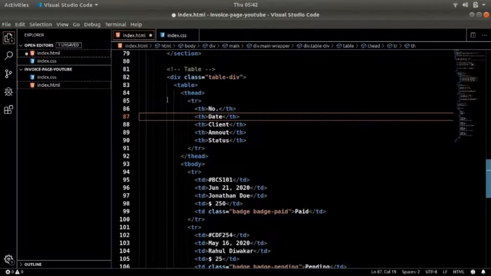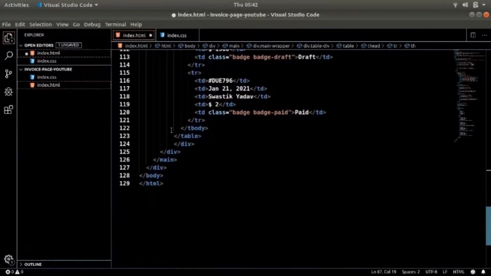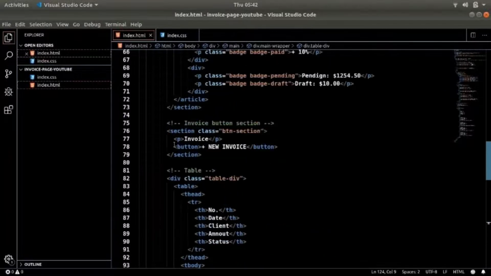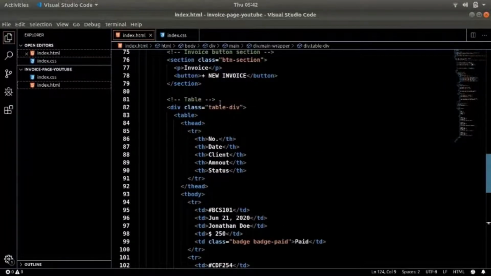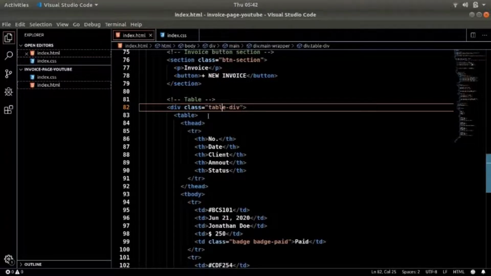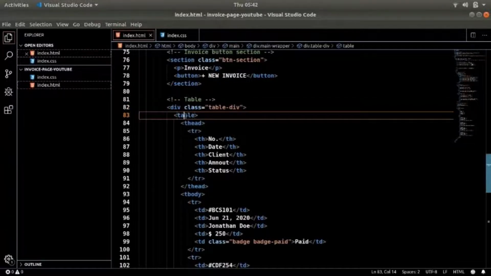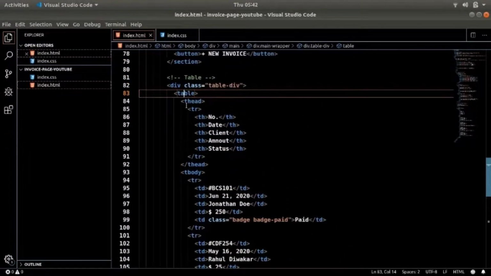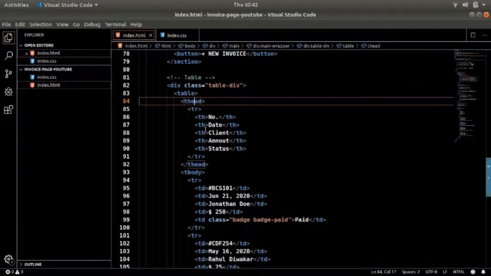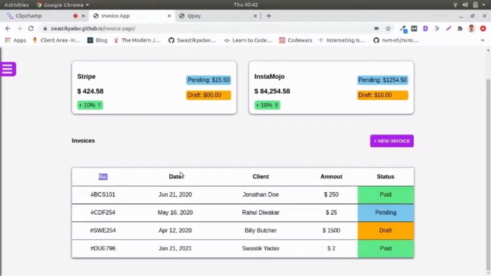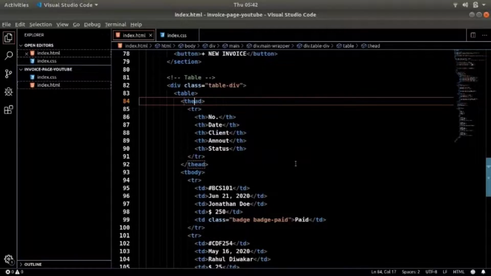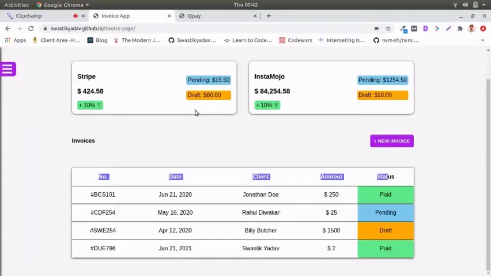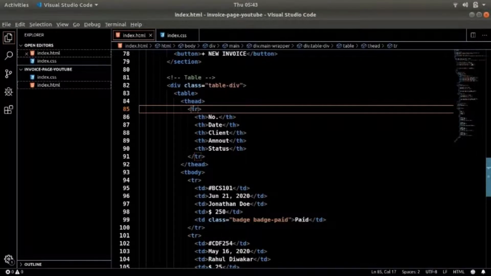This is the div that we have, and that's good. So for this we have this div which is given a class name of table div, and we have then this table which is of course a semantic tag to make a table. And then we have this t head. T head is the header of the table, which is this one. And then we have tr. Tr is basically row, so how many rows are there? See, 1 2 3 4 and 5, so there are 5 rows.